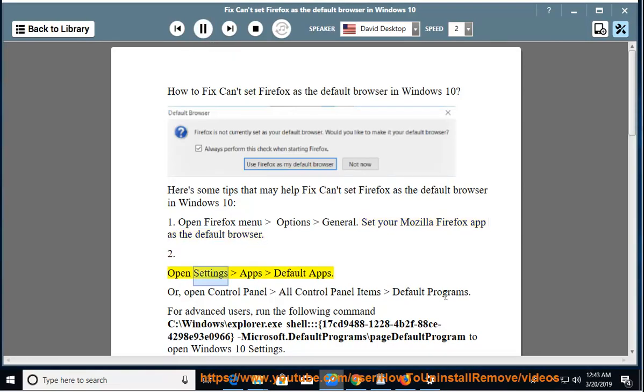2. Open Settings Apps Default Apps. Or, open Control Panel All Control Panel Items Default Programs. For advanced users,